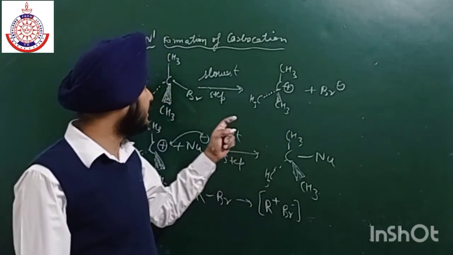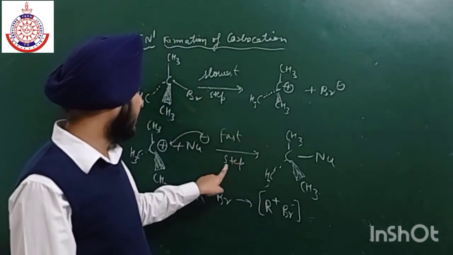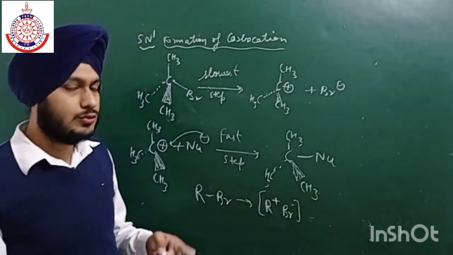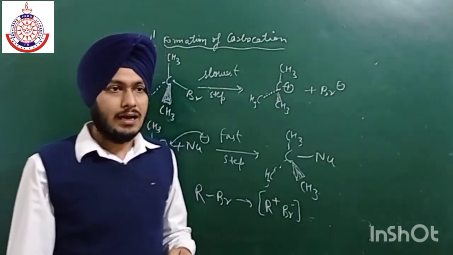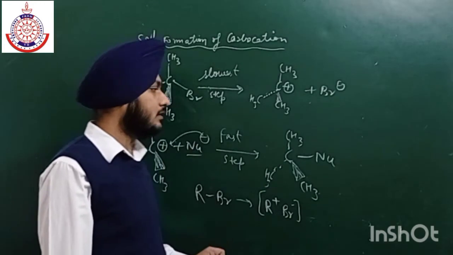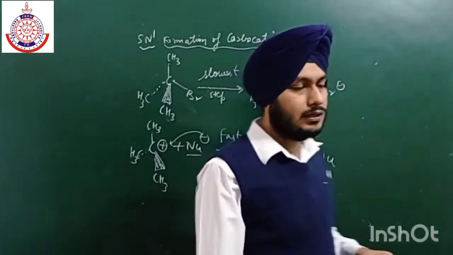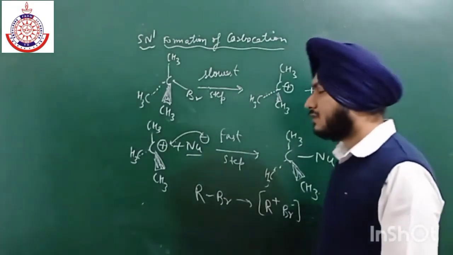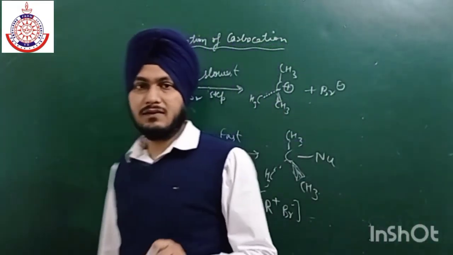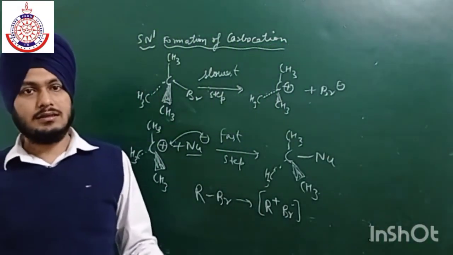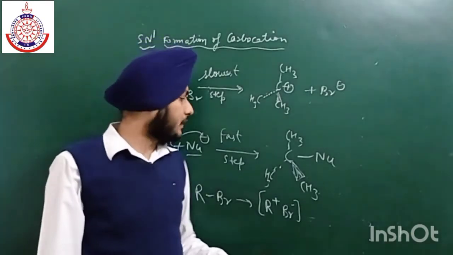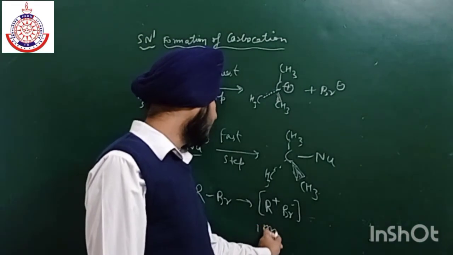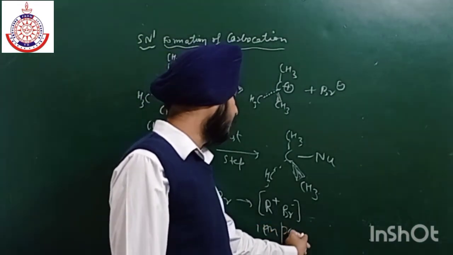So that is why for SN1 reaction, the attack of nucleophile should be slow, not so fast, and the nucleophile which we are using is weak. We use weak nucleophile in SN1 reaction due to this reason. If the nucleophile is strong, then it rapidly attacks on the ion pair. We don't want attack on the ion pair, we want it only on the carbocation.